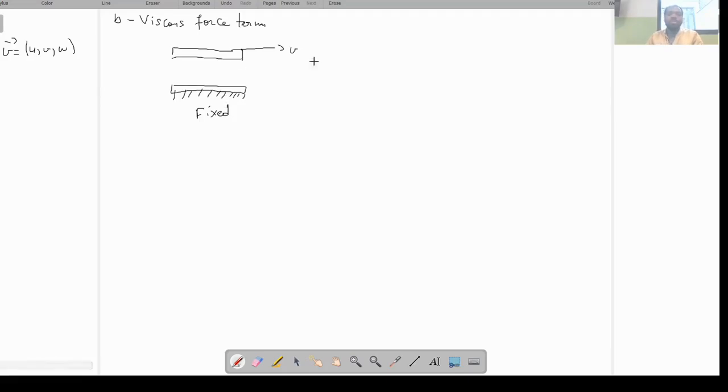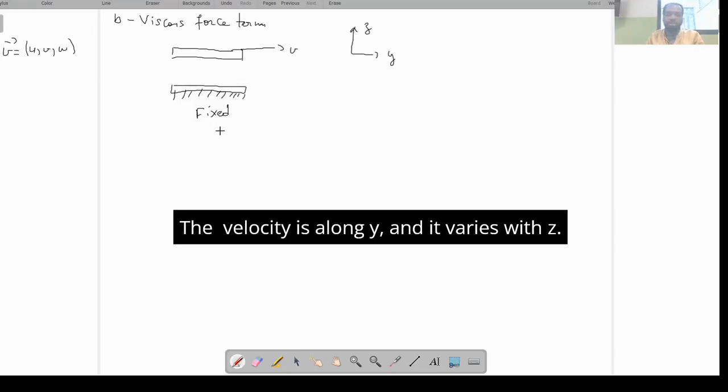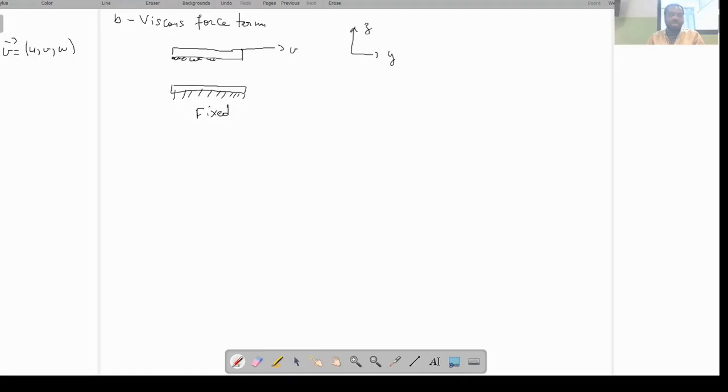The plate moves in the y direction, but the velocity varies along z. Due to the no-slip condition, the fluid particles in contact with each plate have the same velocity as the plate. As a result, the fluid is dragged by the moving plate,